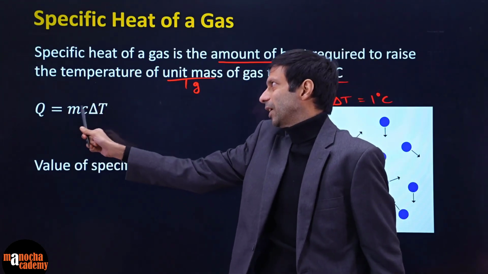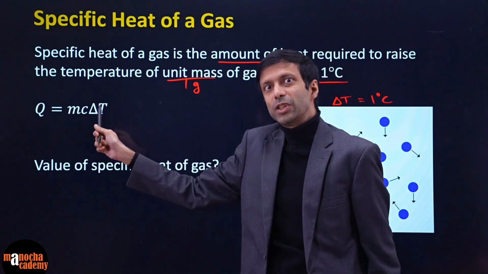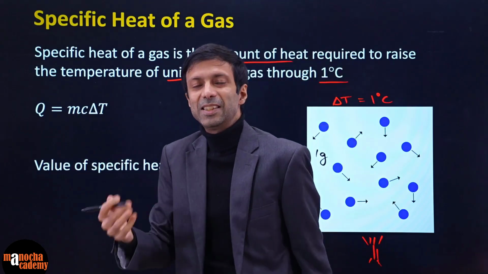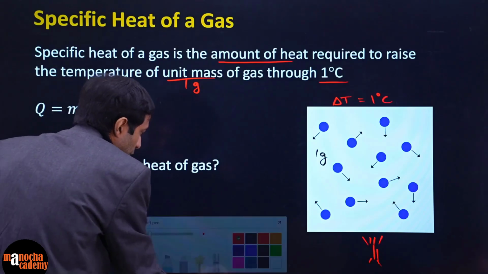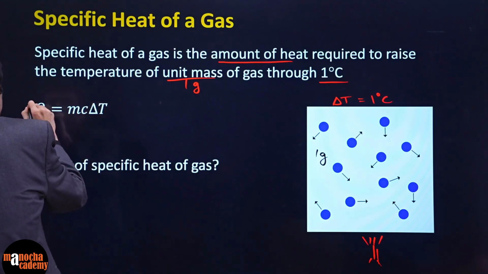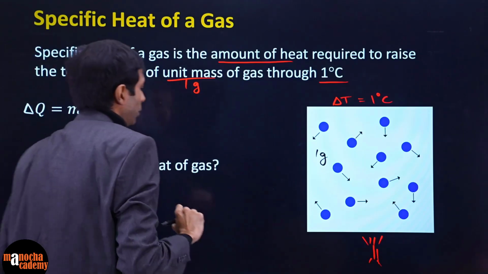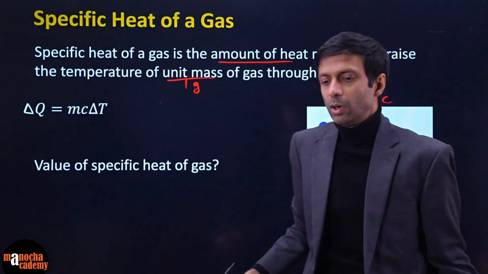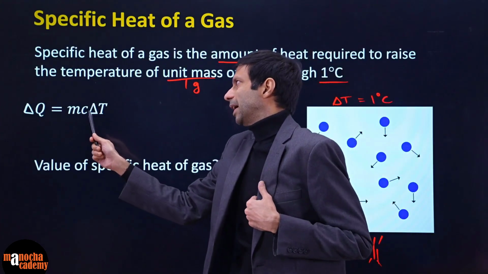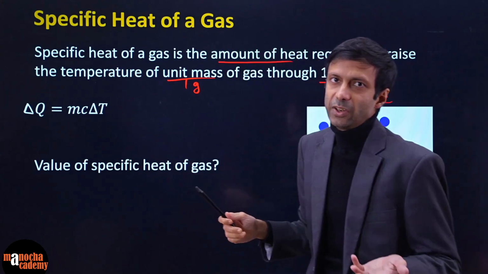See, because if the mass is 1 gram and the change in temperature is 1 degree, then Q is equal to C. Otherwise, it is MC delta T. And again, just to be consistent with our notation, we can put delta Q over here. Okay, all of you agree? Simple, right? So the amount of heat supplied is proportional to the mass, specific heat capacity, and the increase in temperature.